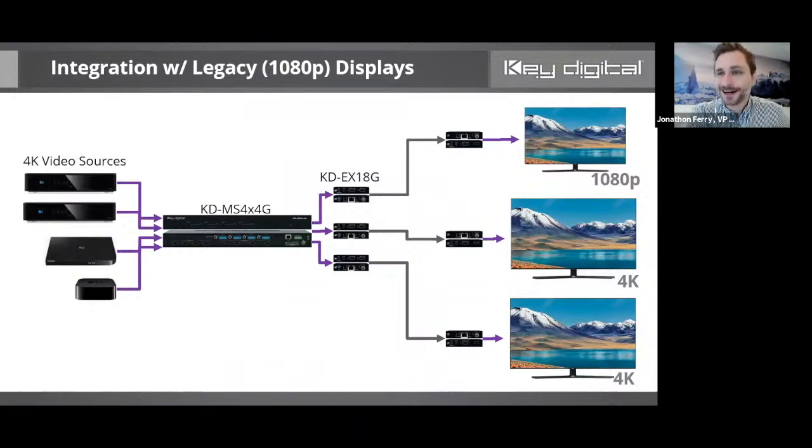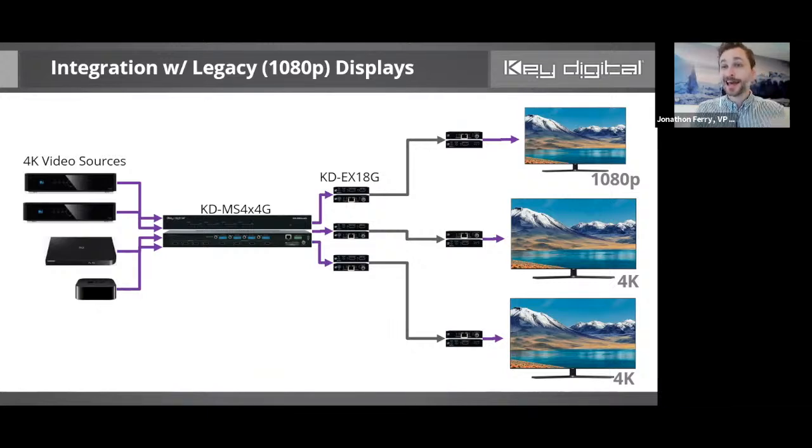And finally here, I alluded to this a moment ago, which extender should you use? Well, you know, matrix switchers, the traditional HDMI matrix switchers, they do not do downscaling. Now remember, AV over IP systems, 822s, 922s, 1022s do have that capability, right? Because there's a video processor built in, but these traditional matrices, they do not. So now you can complement the MS 4x4G or the MS 8x8G with our EX18G extenders, which you may know have 4K to 1080p down convert